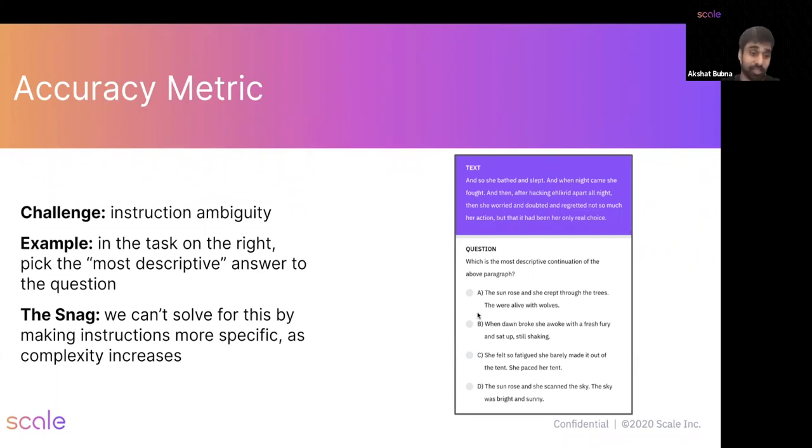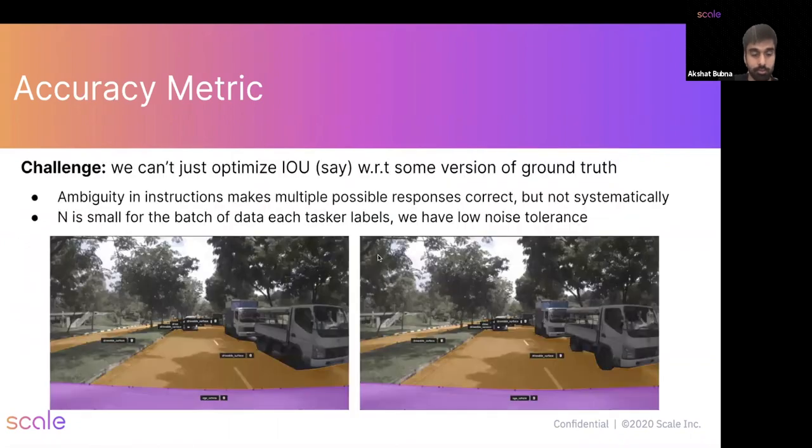You could argue that you can solve some of that by making the instructions more specific and being very pedantic with them. But it's not really possible to do that without making the instructions really complex. And you still always have some edge cases. This is kind of why we have humans doing this labeling in the first place, because they can exercise judgment in areas that are ambiguous or underspecified. And what that means in the computer vision domain is,